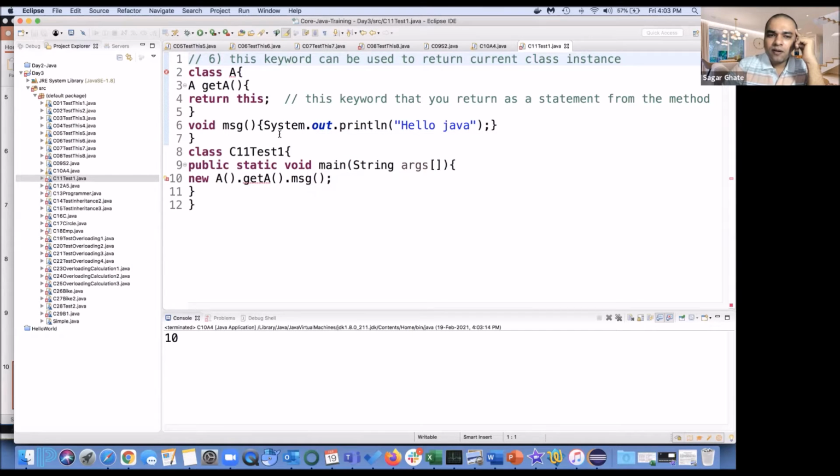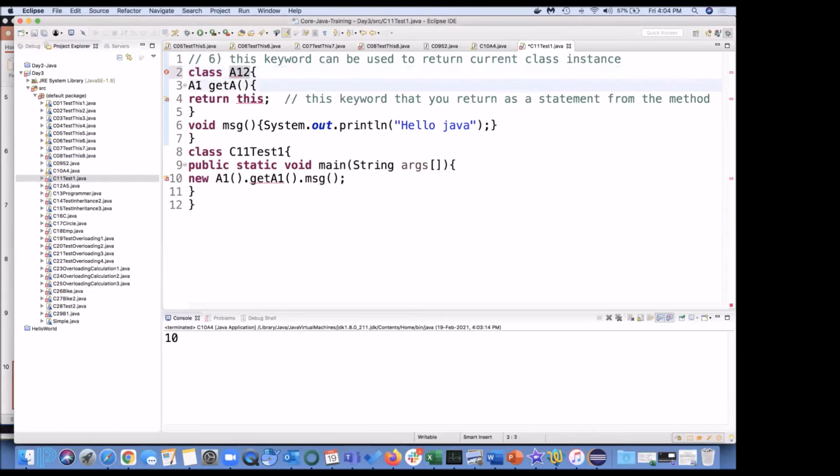So we can use this because the meaning of this is the current instance of the class, or the instance reference of the class, what we can say. So in this program, let me see, A1. Already we might be having this class, so A12.